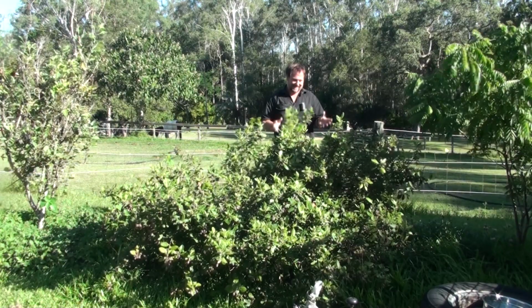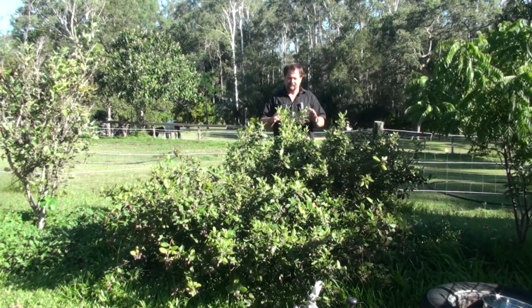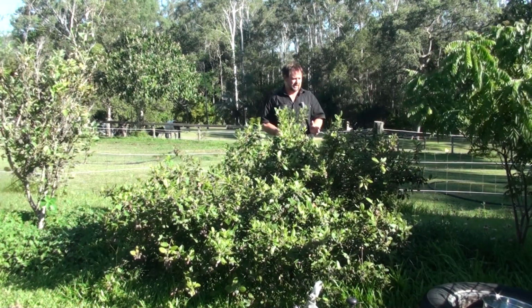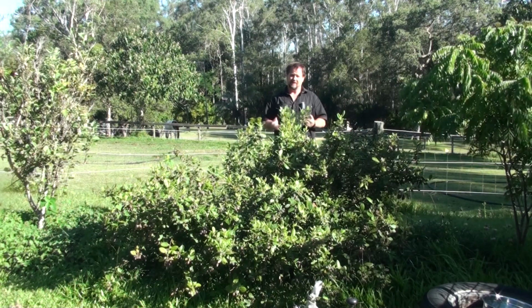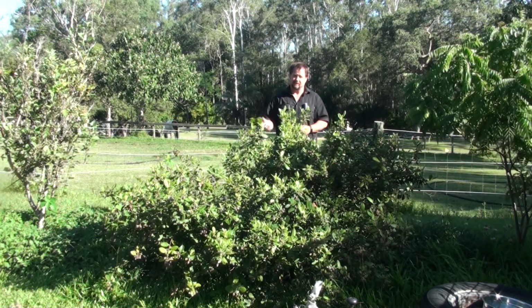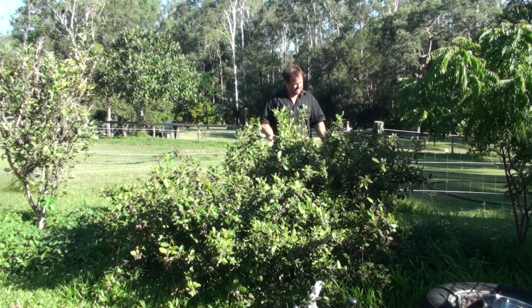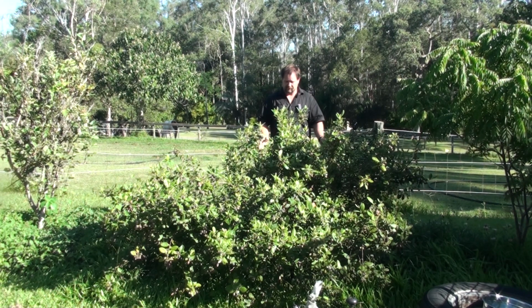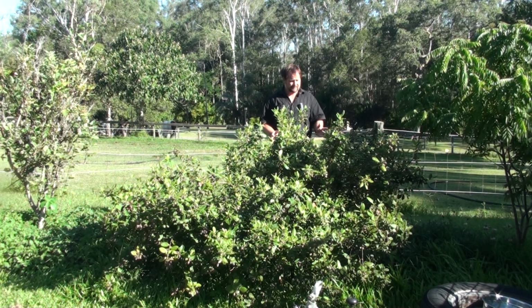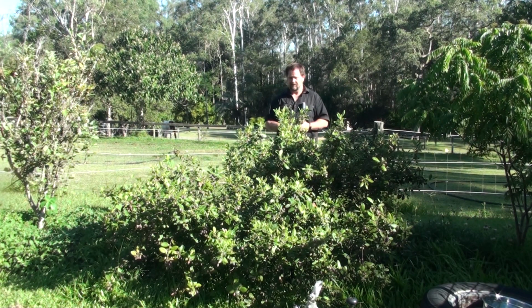But anyway, so this year it fruited a lot. And I've already picked about 200, and we've been just eating them fresh and giving some away. And I think I've probably got around 300 or 400 fruit left that I can pick, just as a guess. So I'm going to go ahead, pick them all, but before I do, let me just tell you a little